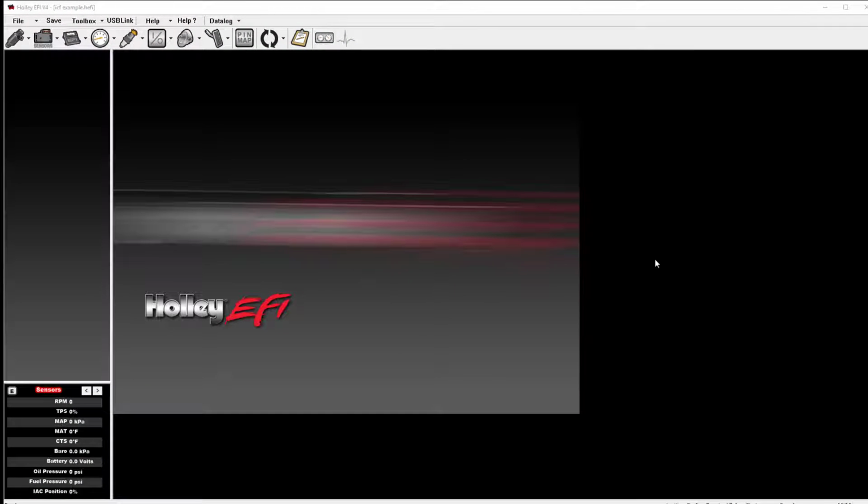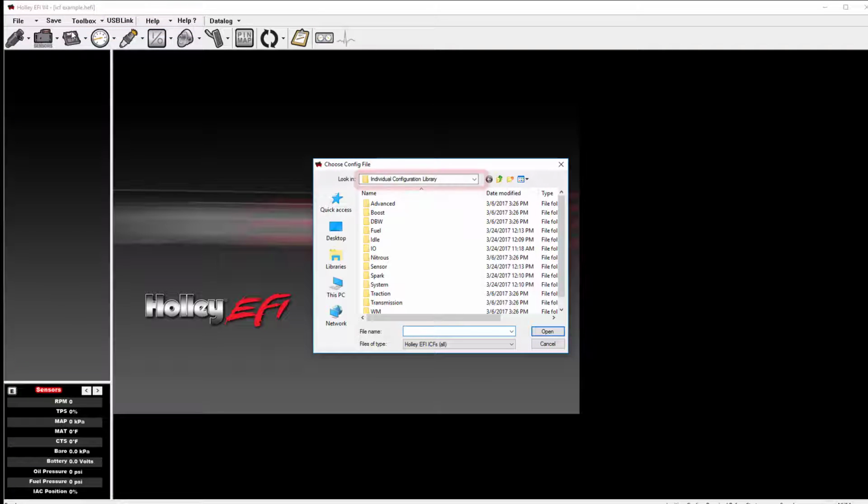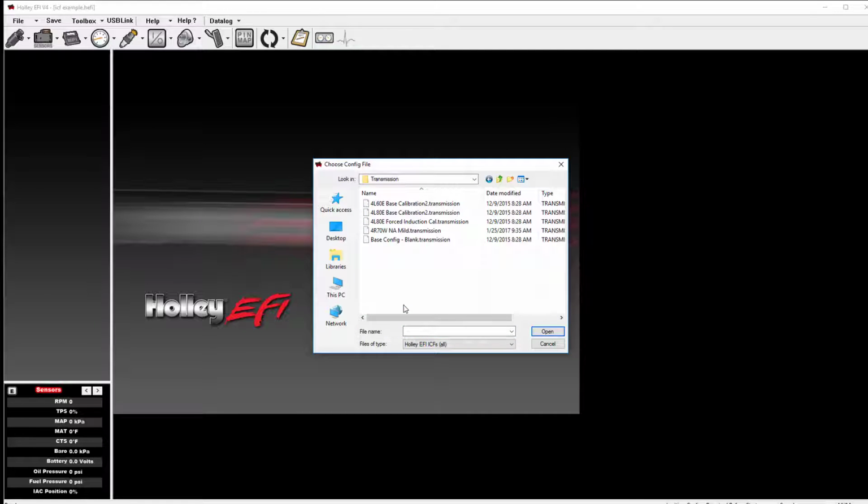If I want to add an additional ICF, for example, transmission control, I would do so by simply going to Toolbox, Add Individual Config, and this will open up my individual configuration library. I can then select the ICF that I want to load. In this case, I'll load a transmission ICF by selecting the Transmission tab and picking from one of the available